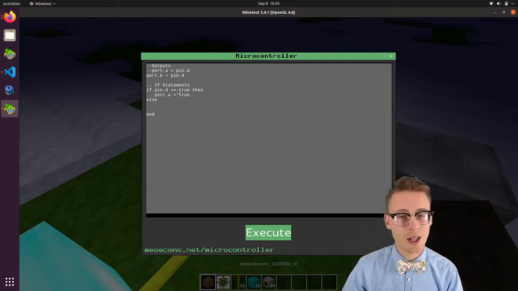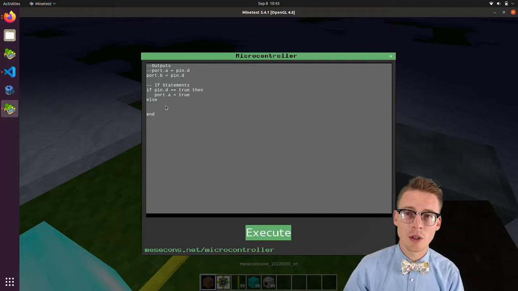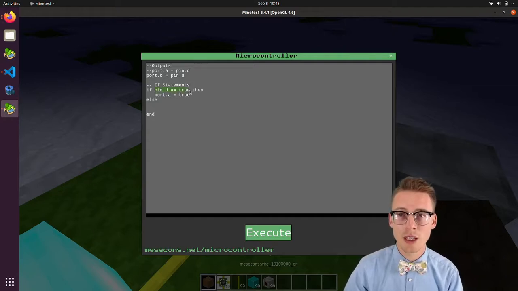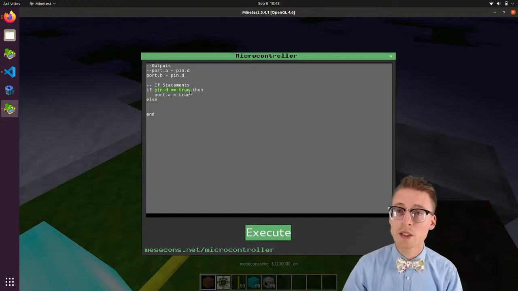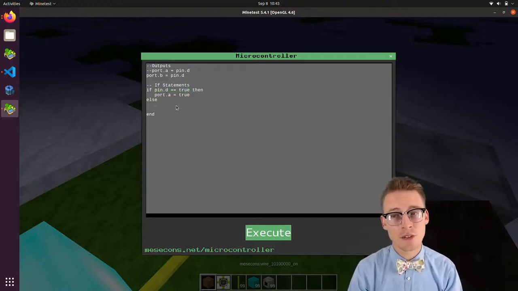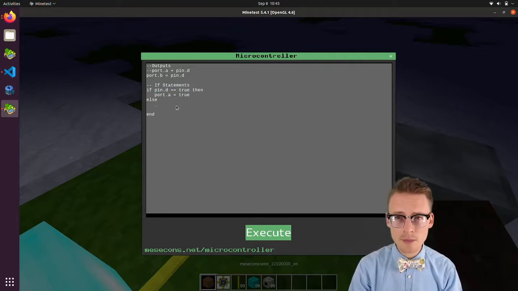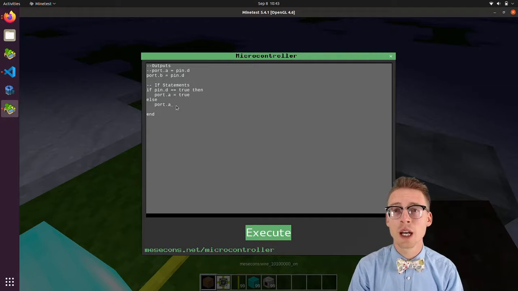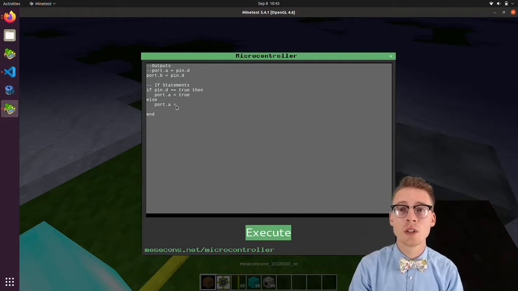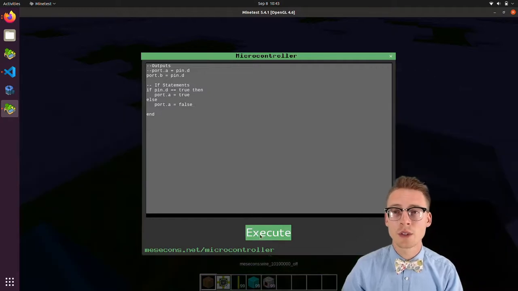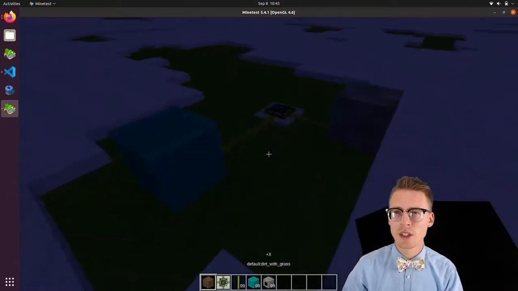The else is the condition: if pin D is not equal to true, so if this comes out to be false. Pin D equals true, is that a true or false statement? It's actually false in certain cases. In that case, if it is a false statement, we want to come down here to the else and write port.a equals false. Now, if we press execute, we will notice